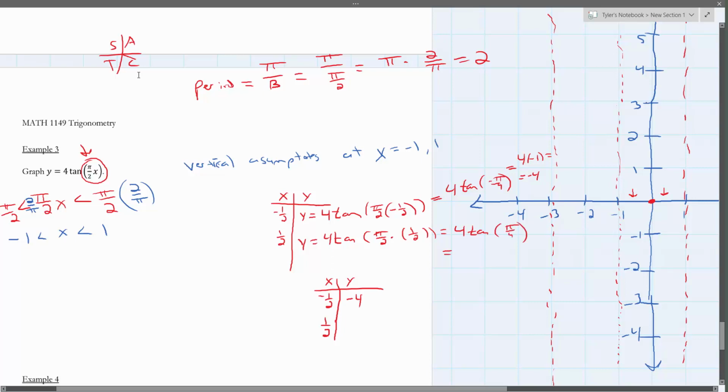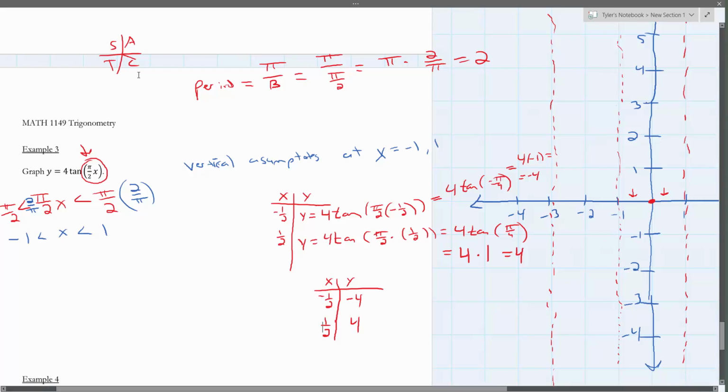Well, pi over 4, tangent is going to be positive, and it's going to be equal to 1, right? This would be 4 times 1, which is, of course, just 4,